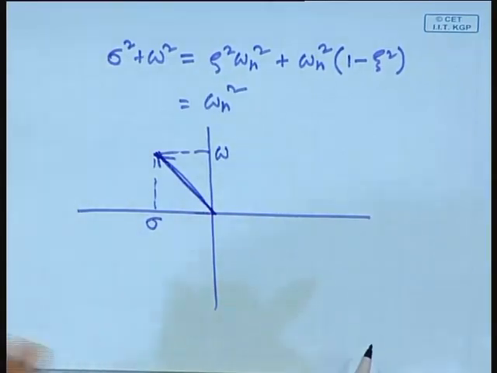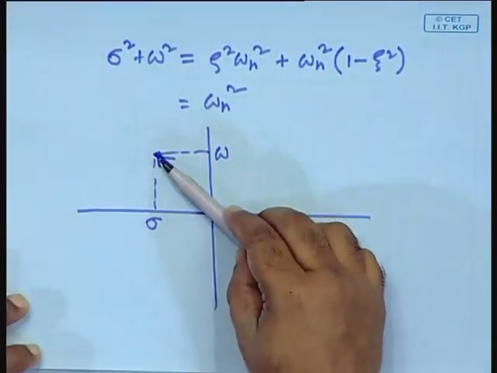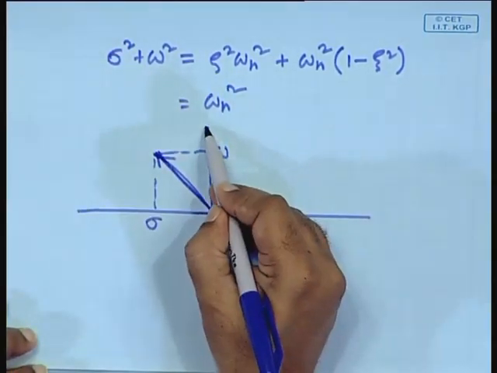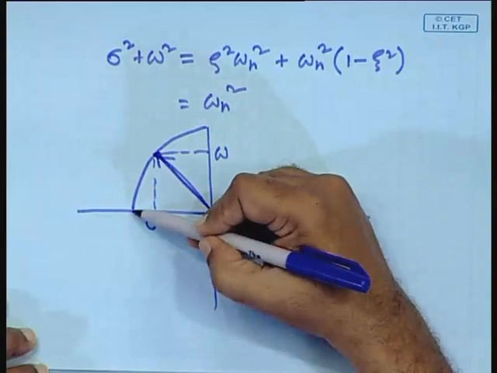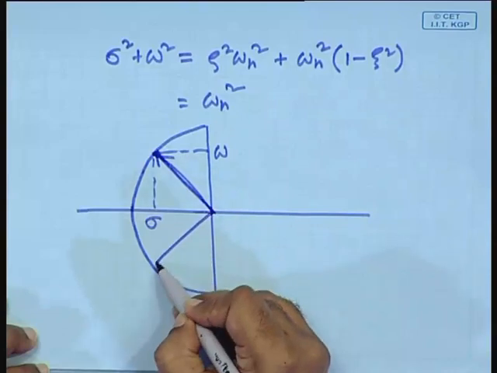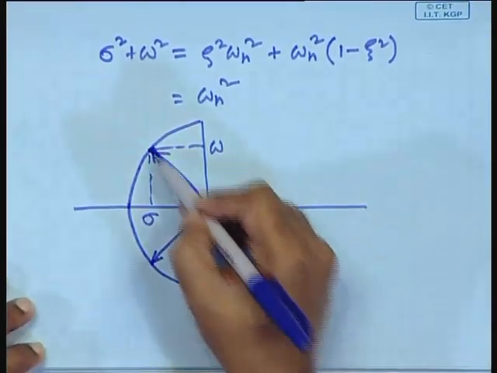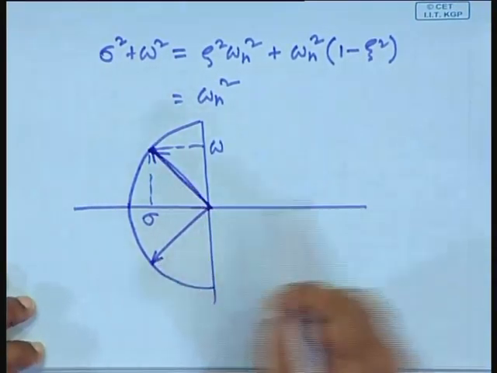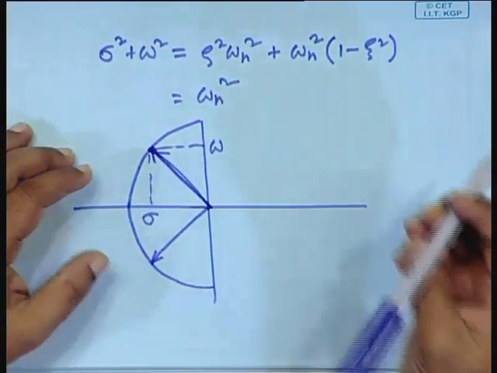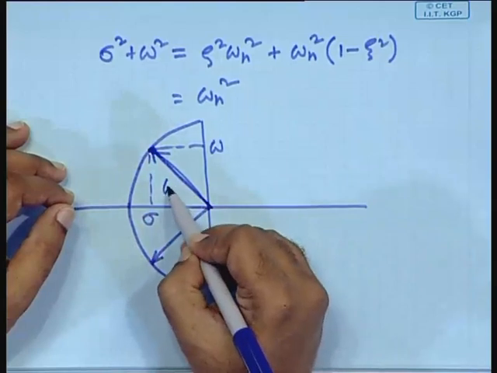Now, suppose I change this, as a result of which this moves, what will happen? Yeah, this tells us that this will always traverse on a circle. There will be two complex conjugate roots or eigenvalues, and these complex conjugate eigenvalues will move like this. So, if you are changing zeta, keeping the omega n constant, then it will move on a circle with a radius of,